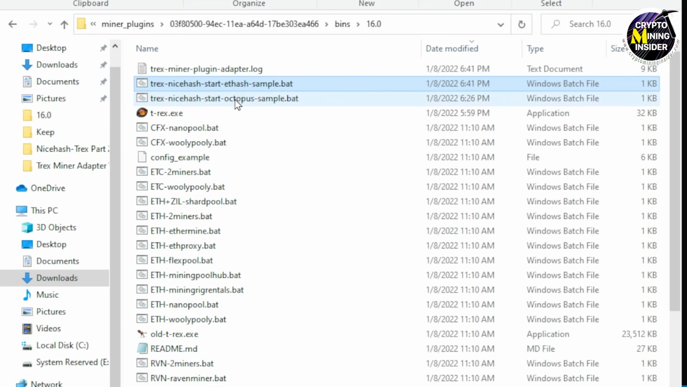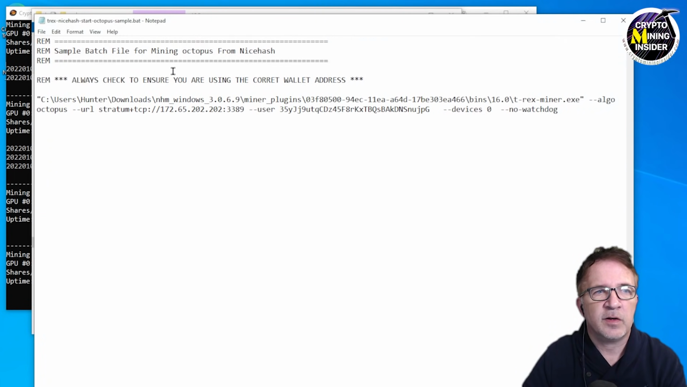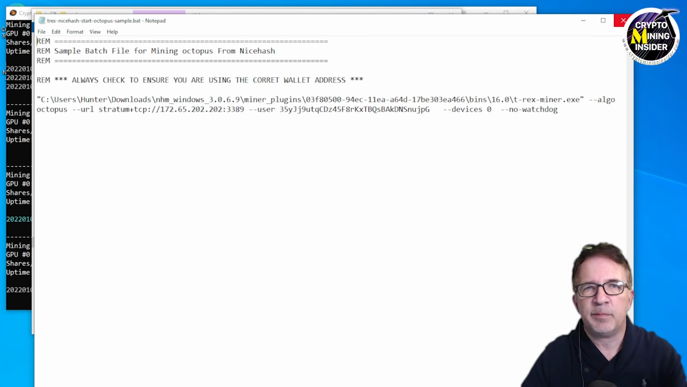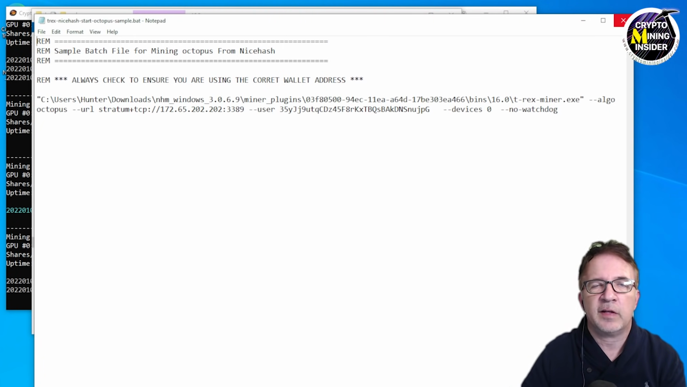Another one too is it tried to run Conflux before, so it was mining Octopus. Let me edit here and you can see sample batch for mining Octopus Conflux. It set it up, and this is actually the address. This is the user. Always check your wallet. It set up the stratum. That was the stratum that NiceHash provided it when it tried to run TRex. But we captured that information on the adapter, and we figured save it because it's useful to have these files